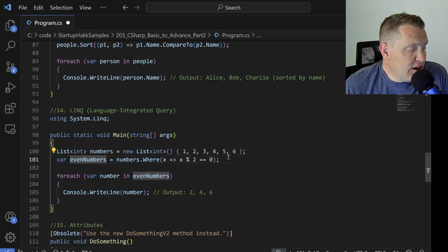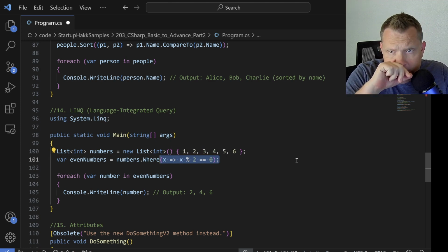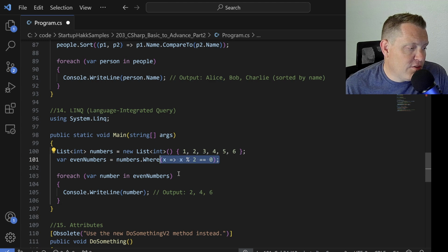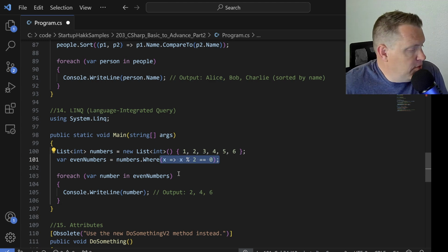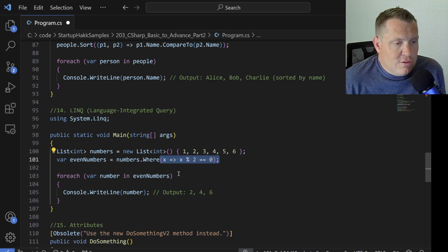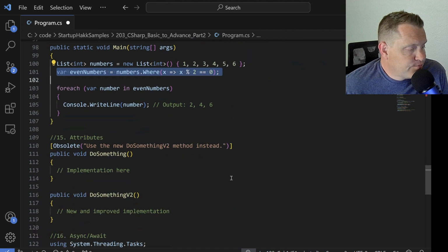But this here is the LINQ query that allows you to be able to do this query on our data set here. Very handy. You may get a list of stuff back from the database and then want to be able to query it in code without having to return back to the database. Or if you've gotten it from a REST call or some other expensive thing, then computers can process this kind of stuff pretty quickly nowadays. All right,